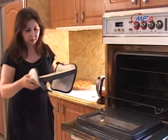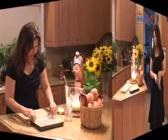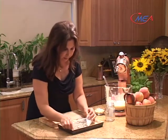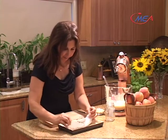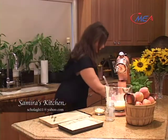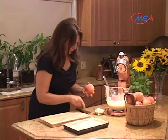We'll take it, set it on the side to cool off for about 5 minutes. Now I will remove the parchment paper. The tart has been cooling off for about actually 10 minutes, so it's cold enough for us to handle. We'll remove the parchment paper and the pie weight, and we'll set them on the side. Perfect. It's nice and cool now, and we will need